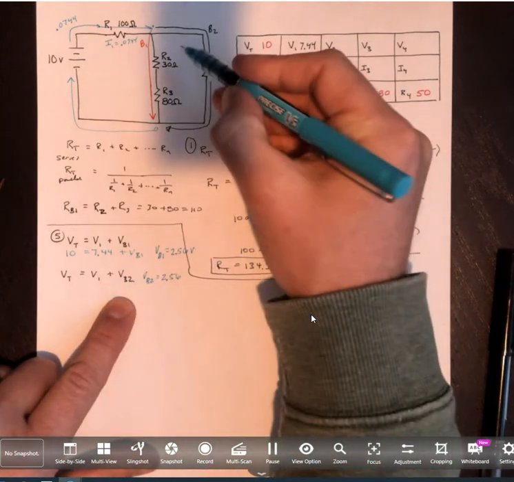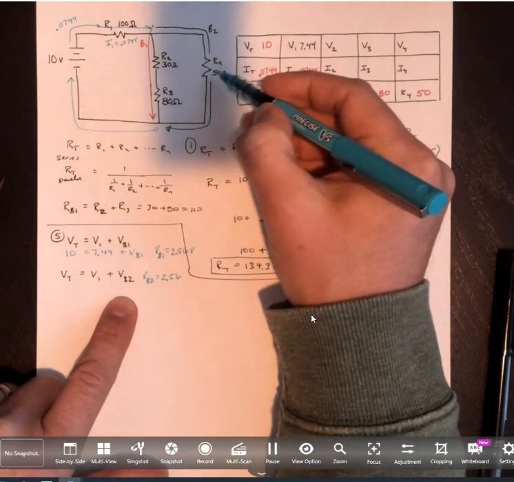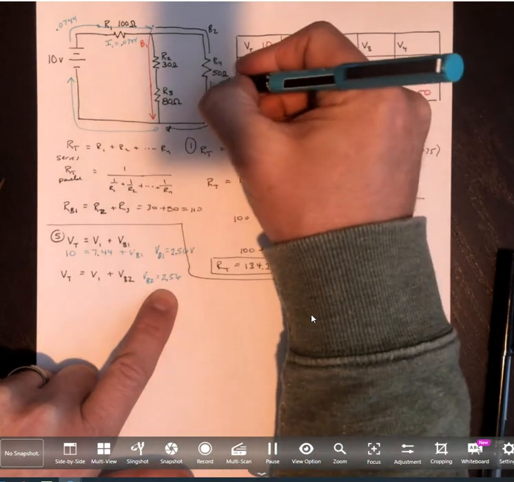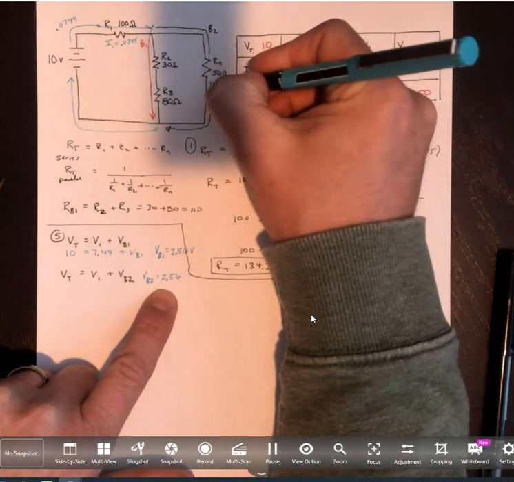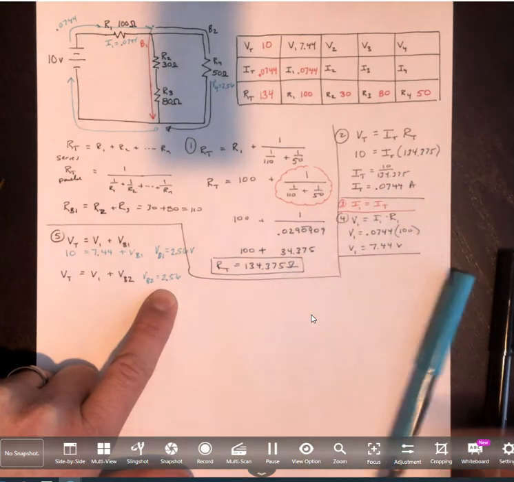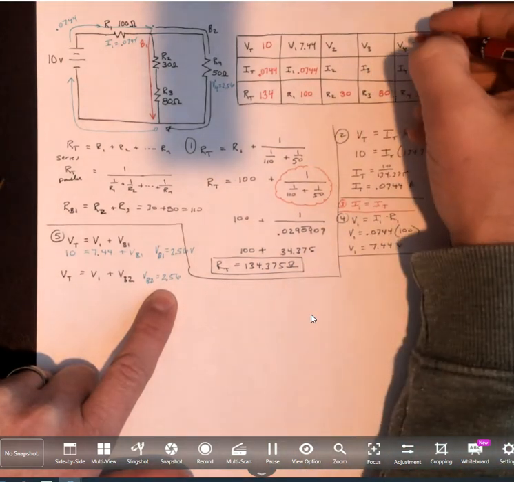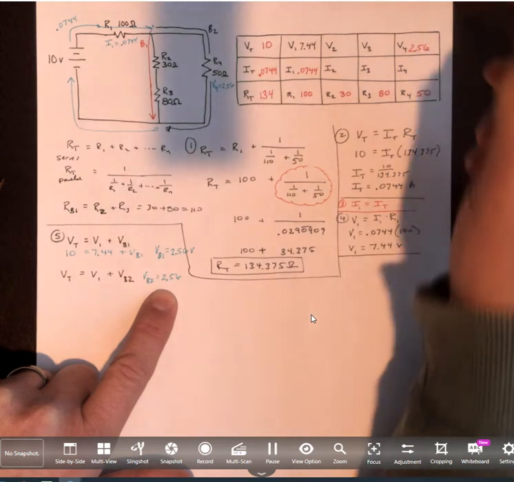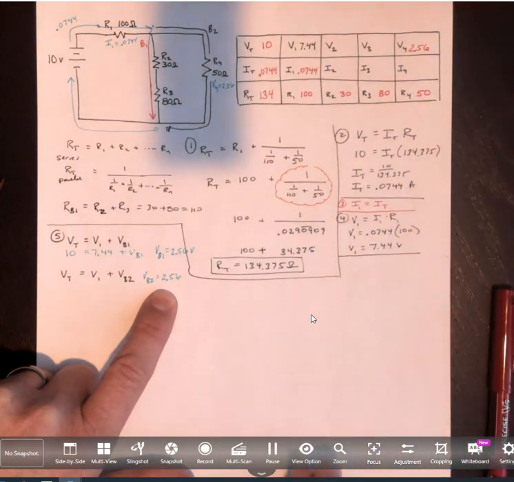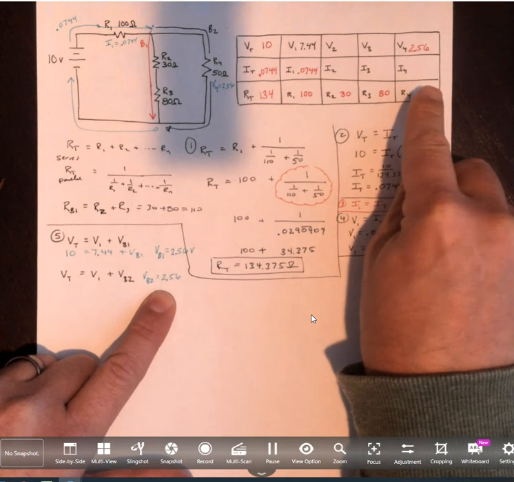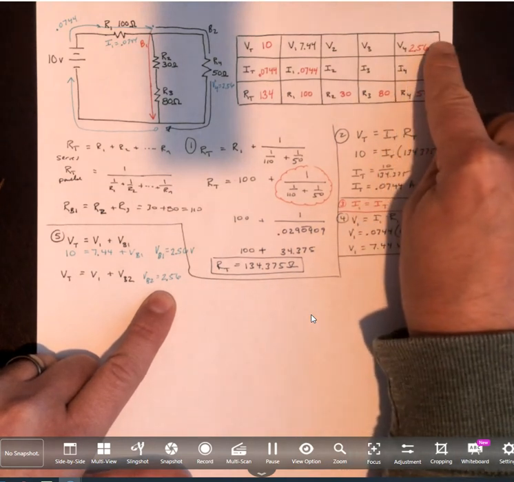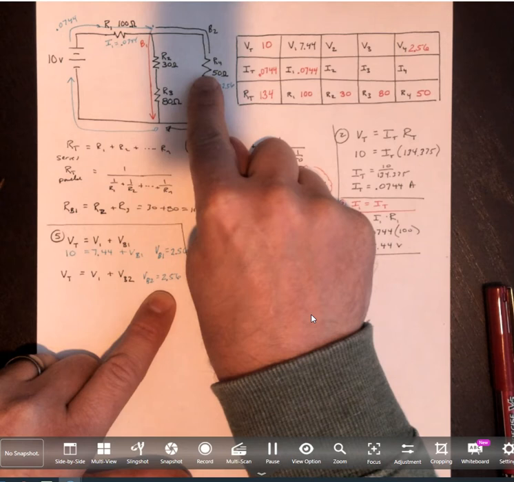Now, in the second branch, there's only one component. So that one component will get the full voltage drop. So I could say that V4 here is the 2.56, and I'll fill that in on my table. Okay. Now, the table really helps me because I see that I now know the voltage drop